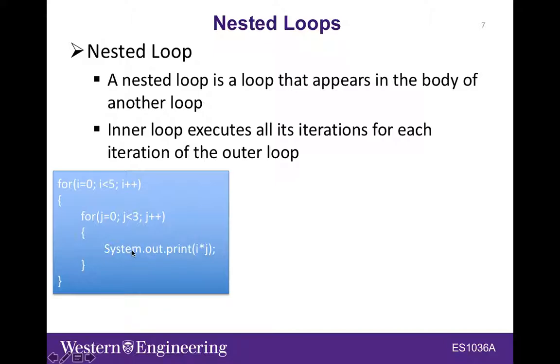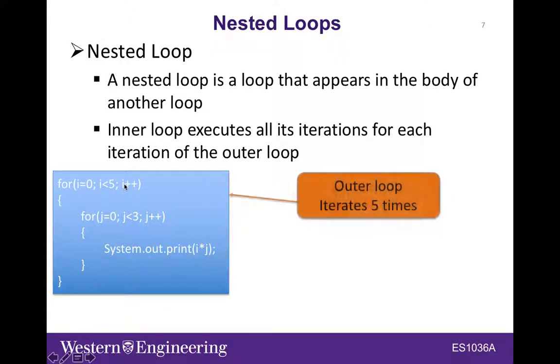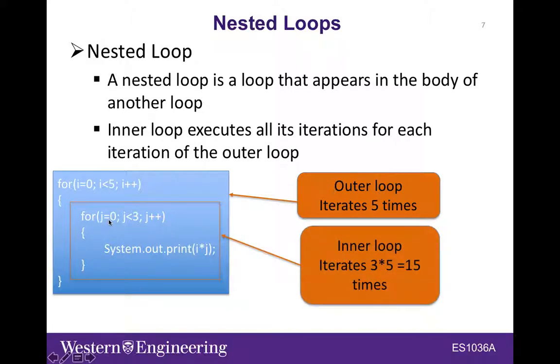And here I have two different loops. This one is called the outer loop, and it iterates 5 times because it starts at 0 and less than 5. And I do have an inner loop. This is the inside loop, and this one will iterate 15 times. And why 15 times? This one initially iterate 3 times, but it will iterate 3 times 5 times, because for